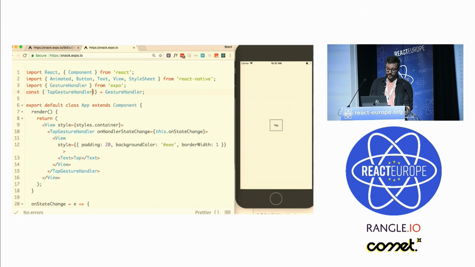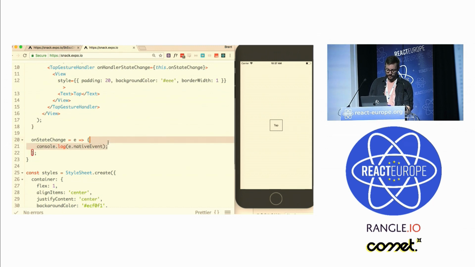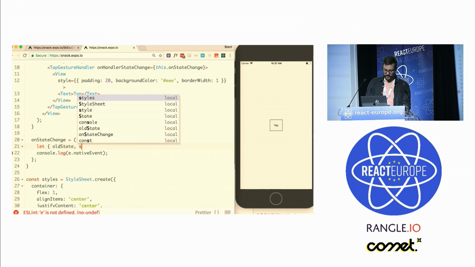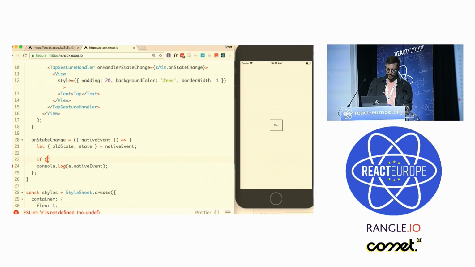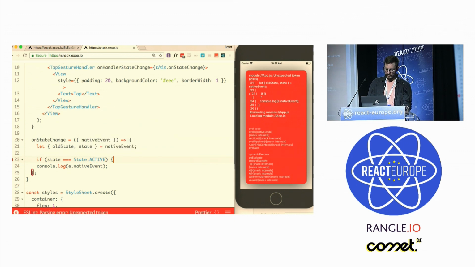Yeah, so the question was whether state and old state are enums, and that's correct. So we can pull this state property off of the gesture handler, and let's just destructure this for convenience. I'm going to get the old state and state off of the native event. And then we can just say if state equals State.active,